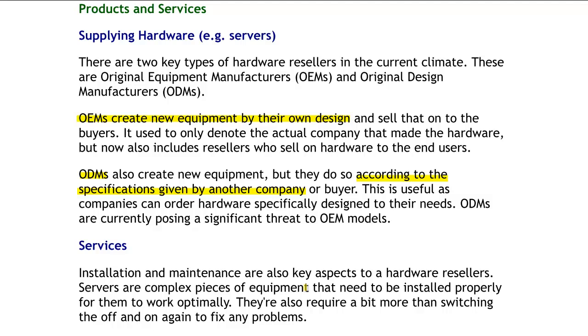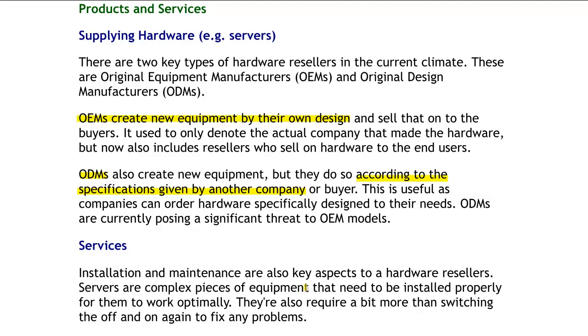Now, the difference is significant because in recent times there's been a development where ODMs are growing very rapidly, and it's because they're providing services for these huge corporations who are outsourcing production to them. So a company like Amazon, per se, would use ODMs to produce their own servers. They would tell them, we need servers that do this, this and this, and have these certain specifications, and then that ODM will build them for it. These contracts are huge because these kind of companies usually want a lot of servers, so it's always going to be a big project, and big projects mean big profits.